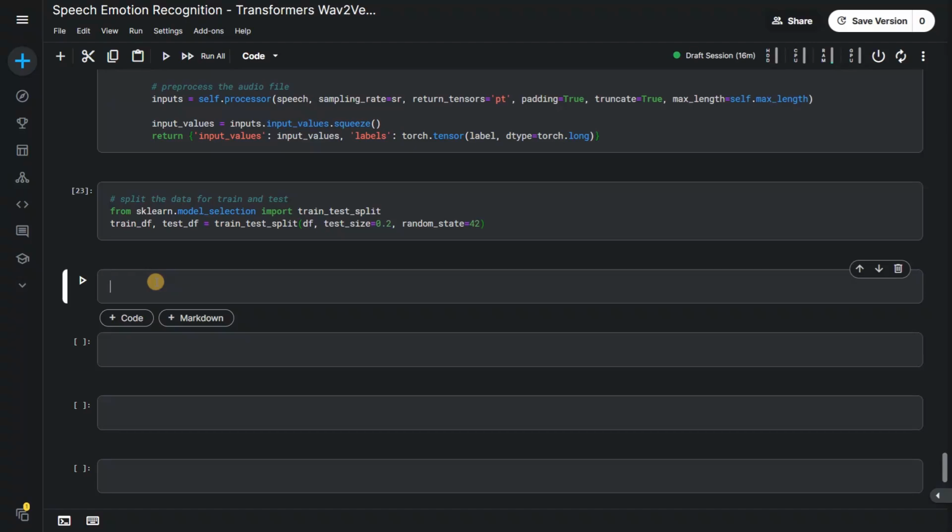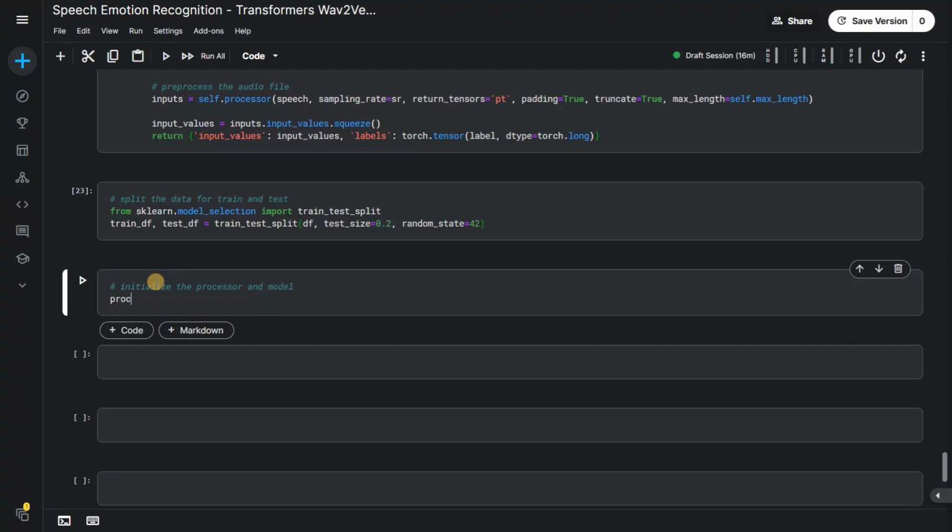Now we will initialize the processor. We didn't initialize it before. Initialize the processor and model. Processor equals Wav2Vec2Processor.from_pretrained of facebook/wav2vec2-base. So this is the smaller version of the model, and this is trained by Facebook,